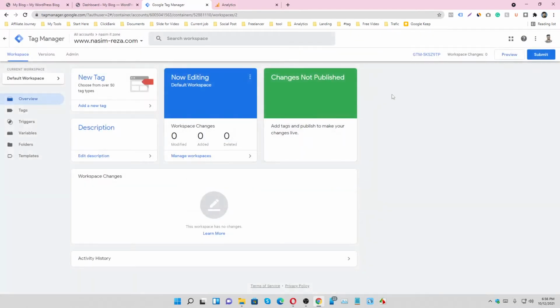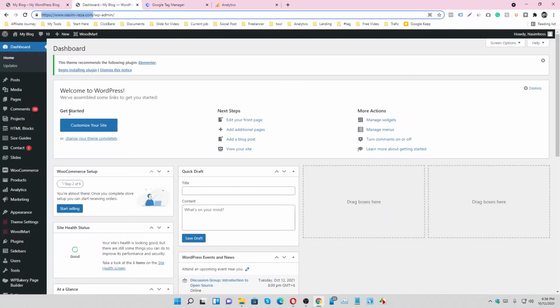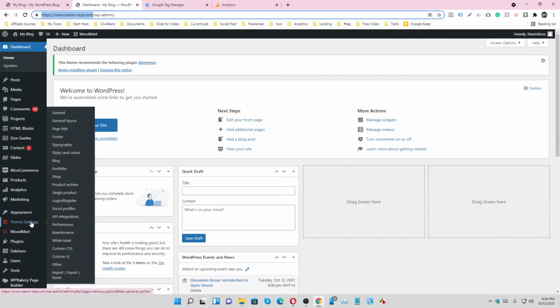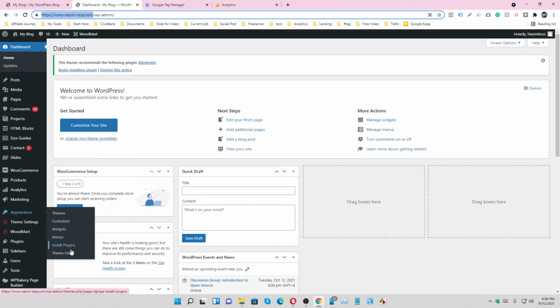In this case we have two options to input this code on our website. We can input our HTML code in our head section. If you want to do it, you have to go to the theme editor and go to the head section and input that code.